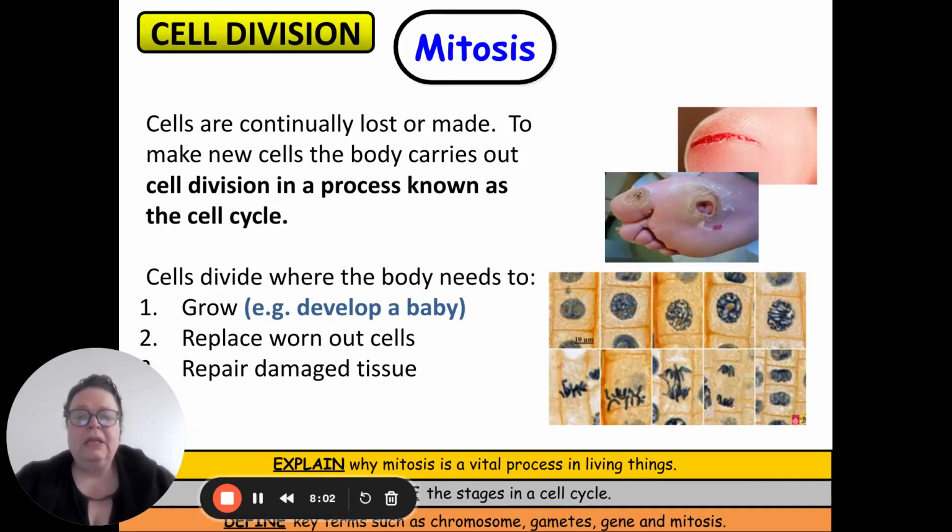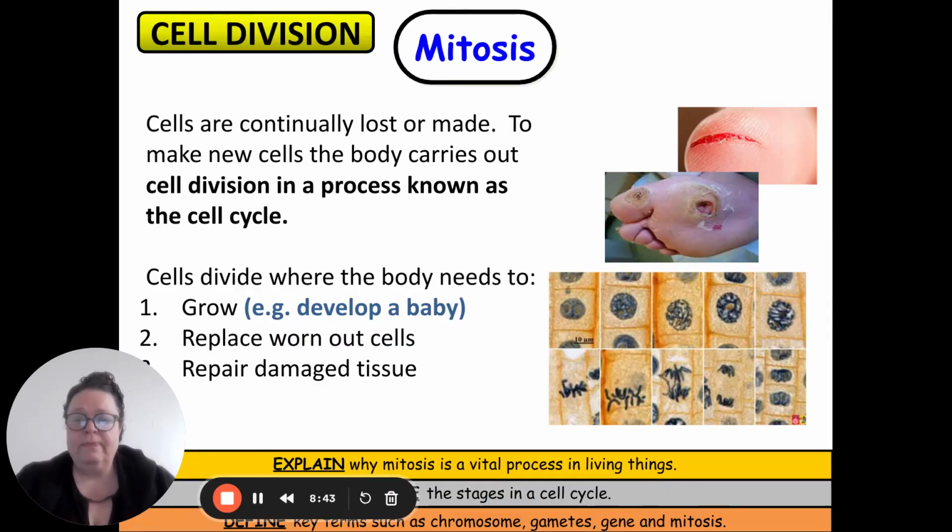Now, I said we'd look a bit more about why we need to do this. So we've got some lovely pictures over here of injuries. So the reason cells divide and undergo mitosis is there's three reasons. And this is plants as well, not just animals. To grow, for example, to develop a baby. If you imagine how big you were when you were 3 years old, and now imagine how big you are now, you've got a lot more cells now than you had then. And because when you're growing, you'll get lots and lots of mitosis going on so that you're getting lots and